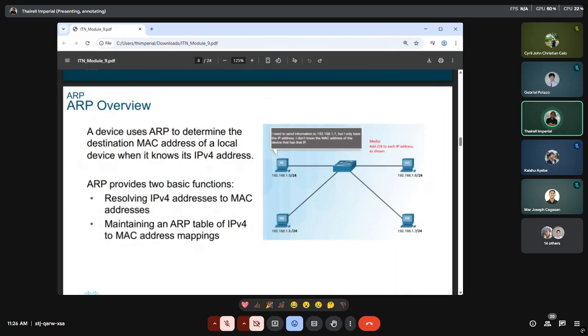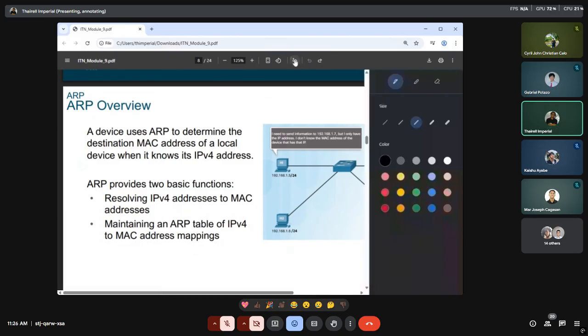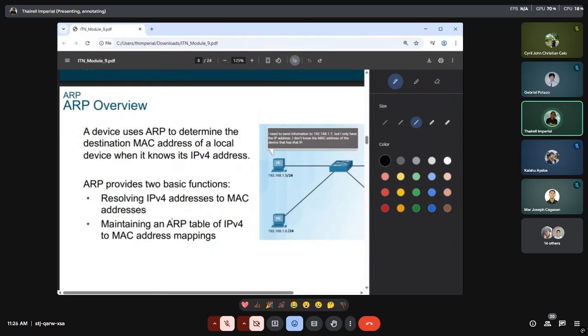So ARP performs two basic functions. These two basic functions are the following: resolving IPv4 addresses to MAC addresses, and maintaining an ARP table of IPv4 to MAC address mappings.